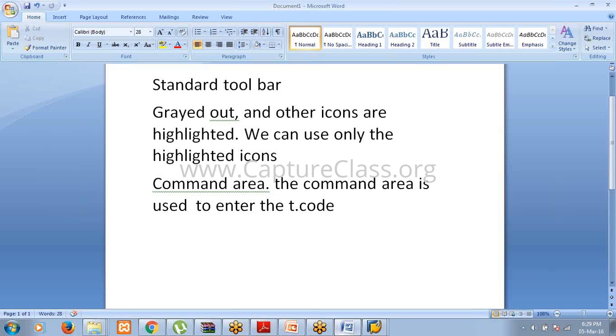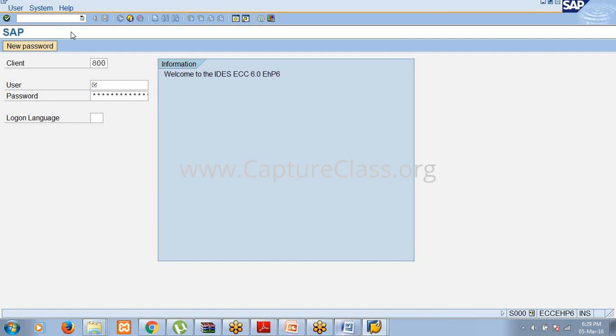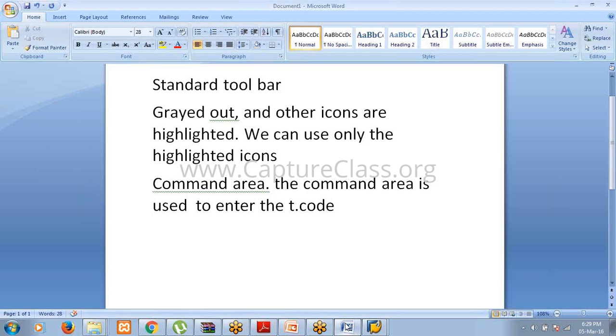So what is the transaction code? I will tell you within the next few minutes. Look at the screen. This is called the command area, right? So in this command area, we enter the transaction code. Continue. The next line, the third line, is called